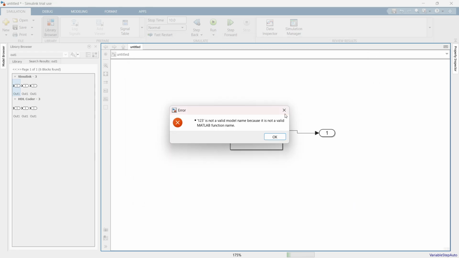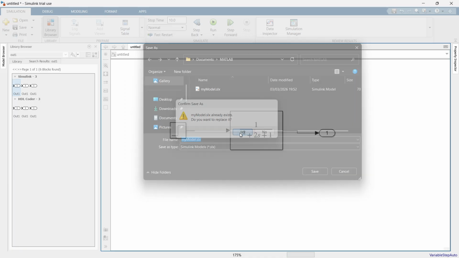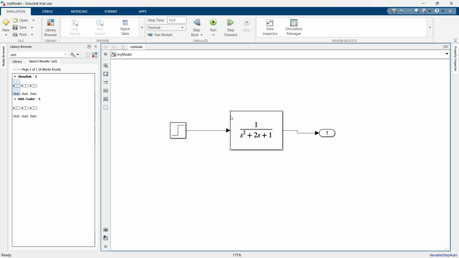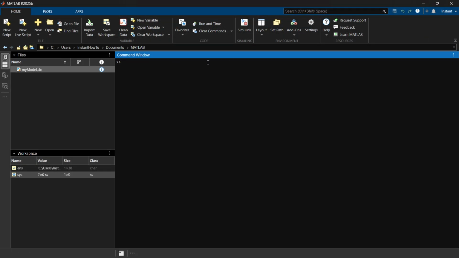There we go, and as you can see, it says it's actually an invalid name, so I'm just going to rename this to my model. There we go, and I'm going to just replace this one. Okay, and yes. Now, whenever you do that, you've successfully saved it. You can exit Simulink, and we're going to continue in here, right over here, as you can see inside our